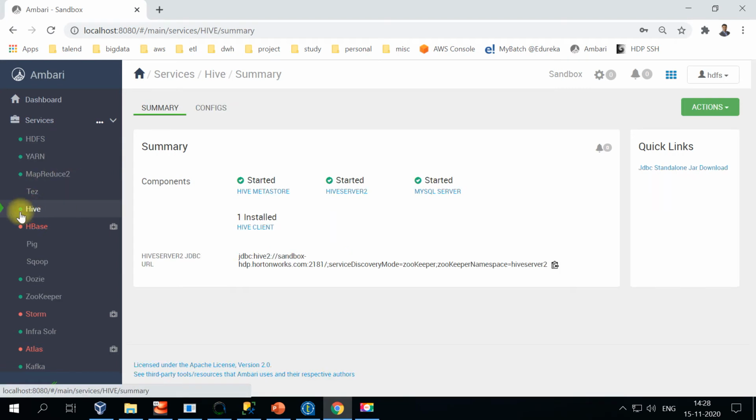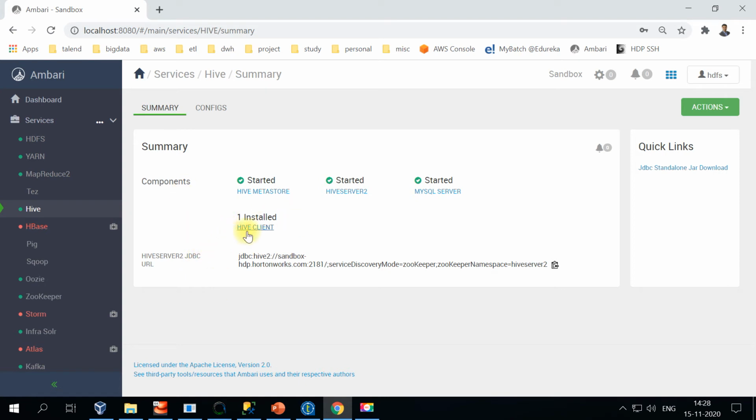Similarly, you will have a tab called Hive. Here you will see the Metastore, right? This is where all the definitions are saved, and this is how it is shown here in Ambari. It will also give you the JDBC URL for the connections. Just take this part and use it on the client, right?